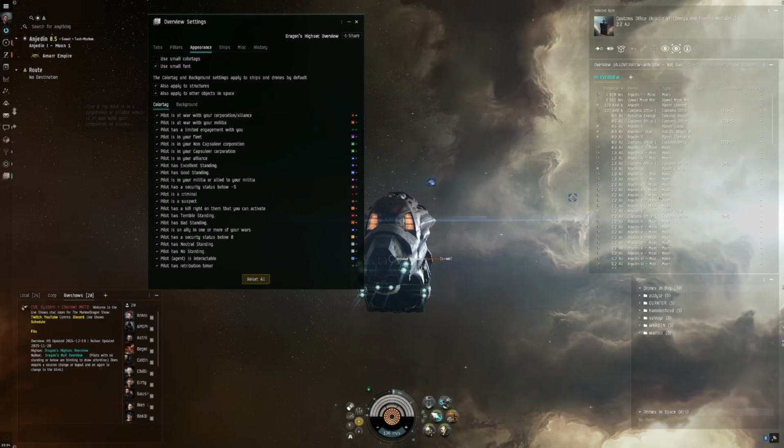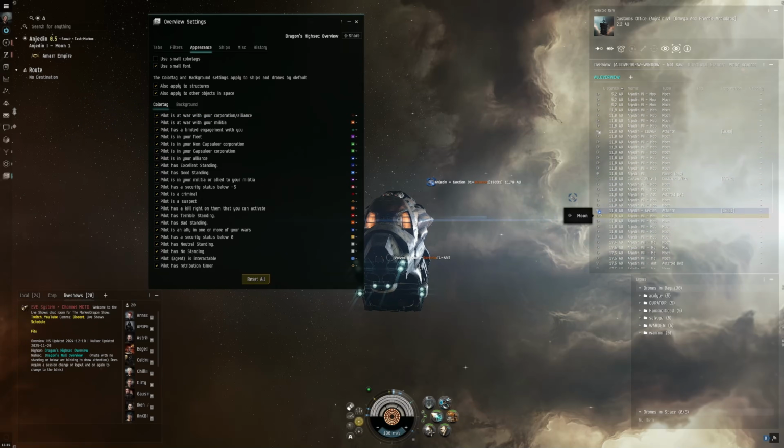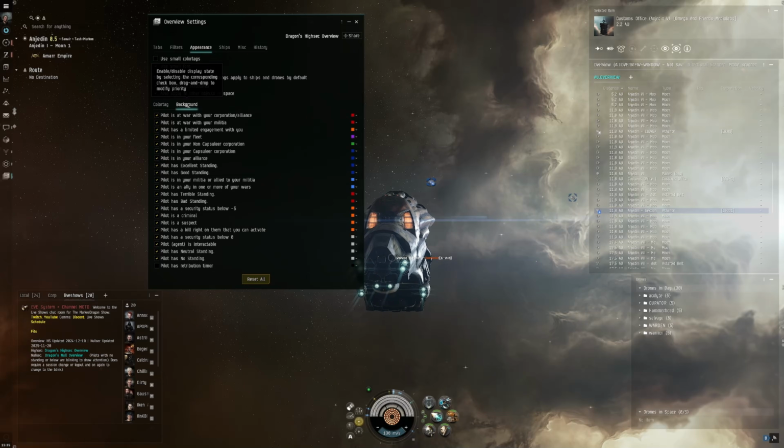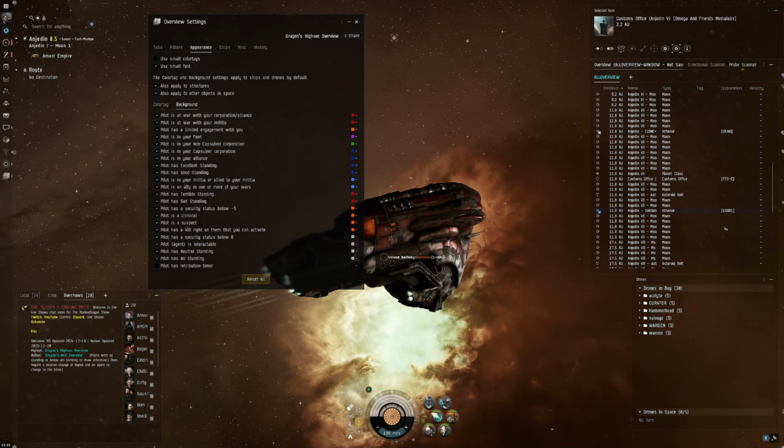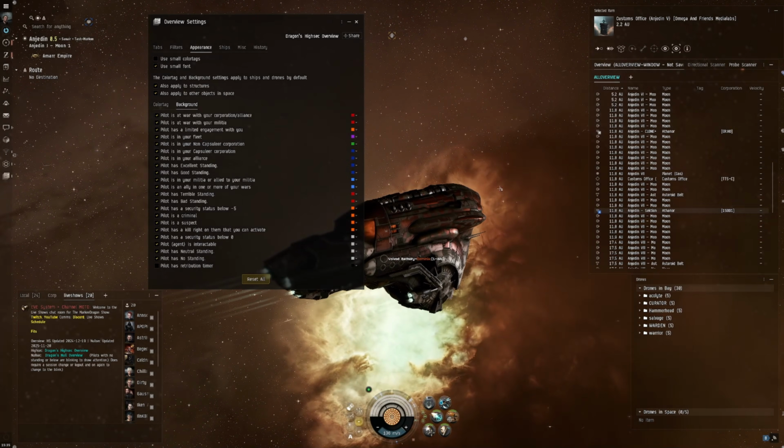Right? You also have a background. So let's go back to that structure because it has a color tag. You see, it also has a background. Now it's because of the pilot has good standing, it's very dark blue. Let's change this to yellow. You see, it has changed. Now, for the background,